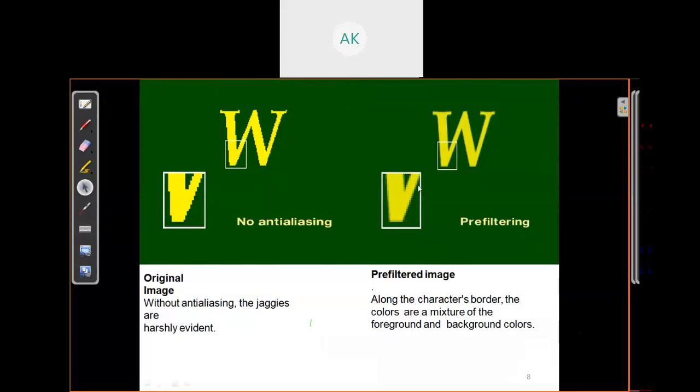Using this, what we call pre-filtering or area sampling. As you can see, before pre-filtering, this kind of structure will be visible, this kind of image you will see. But after applying the pre-filtering, this kind of image will be displayed, and now you can see it's more smooth compared to the first image. Okay, if we zoom in